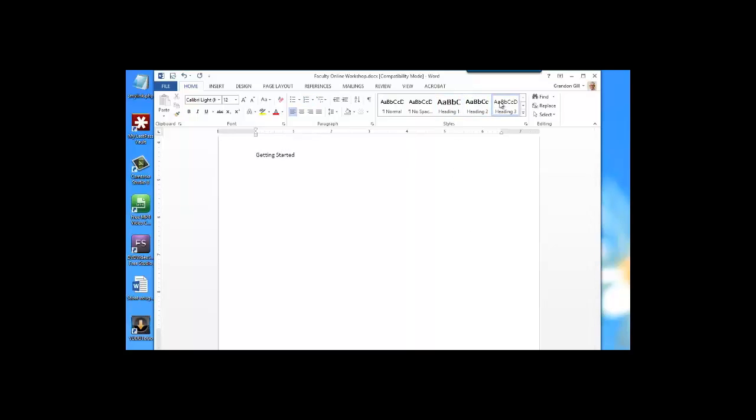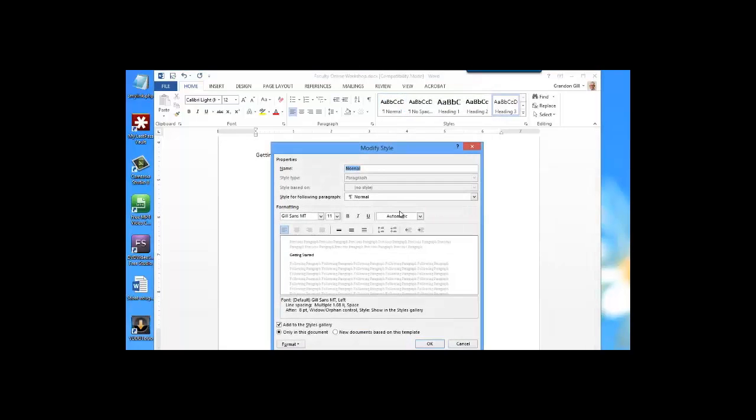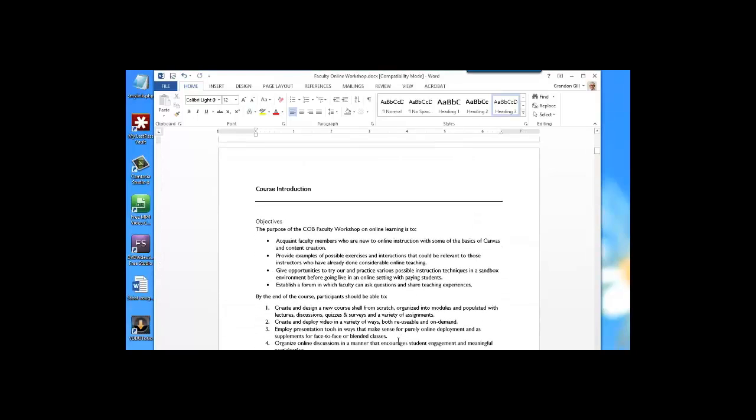And so what I recommend doing is using these heading styles, and there's a whole list of standard styles, using a title style for your main title, and then using the normal style for your text. And once again, you can adjust the normal style. So for example, if I were to click on the normal style here and modify it, right now I'm using Gill Sans MT. Why did I choose that font? Because it has my name in it, but it doesn't actually have anything to do with me. And so by doing that, you can adjust the way the whole document appears, and you can do things like creating different paragraph spacing and so forth. But the big thing about using styles is that